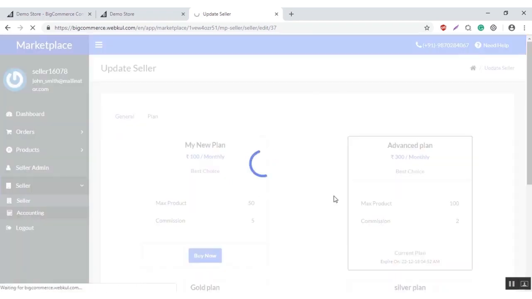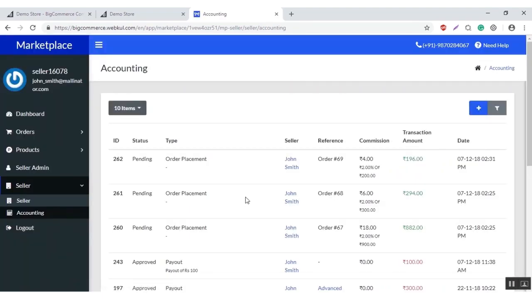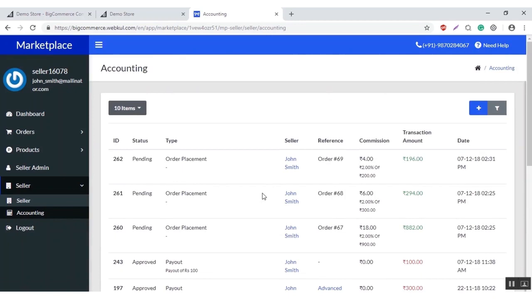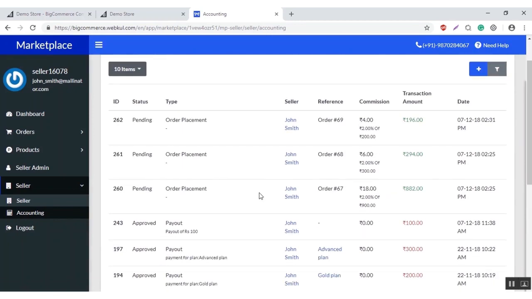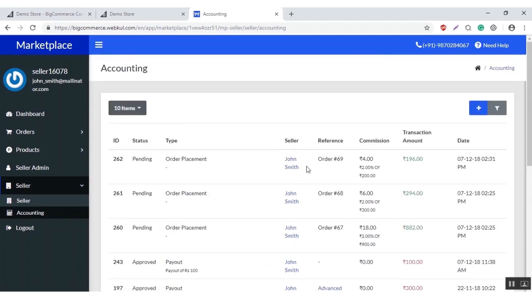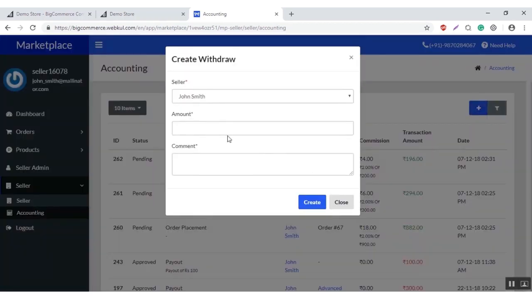Next, coming to the accounting. Here in this section a seller is able to manage the accounting. Here this is the order placement of a seller. This is in pending status, and once an admin approves the status, then this will be completed. And once an order is completed, then the seller is able to request a withdraw for the admin. From here,